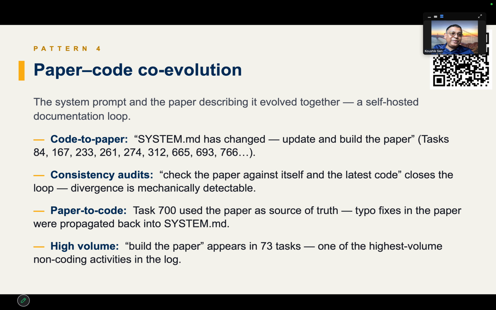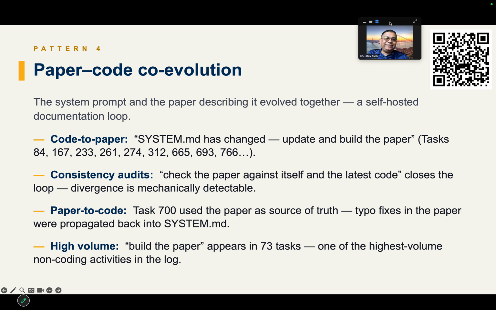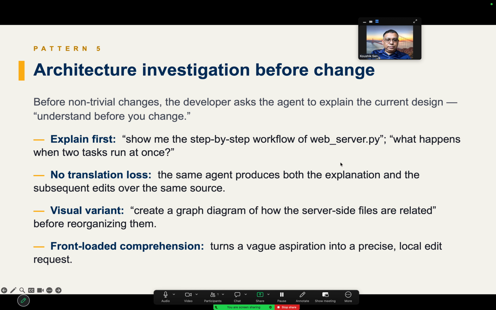I also wrote a paper on Sorcar using Sorcar, and actually I evolved this paper along with the code. Okay, and this is kind of an amazing thing. I don't write the paper anymore by hand. It updates itself as it is coding, and you can actually read that paper, how I wrote this Sorcar paper, at this URL given by the QR code. Yeah. So